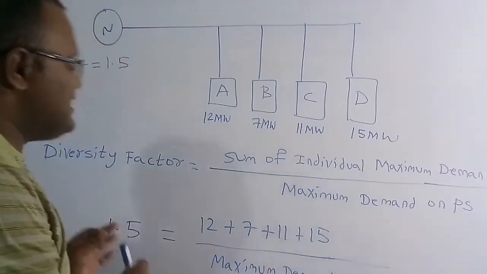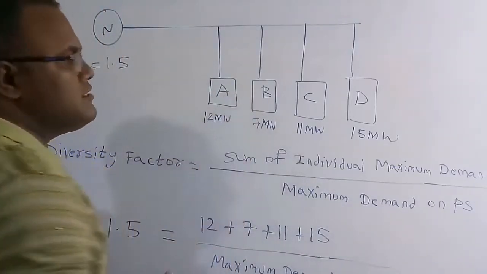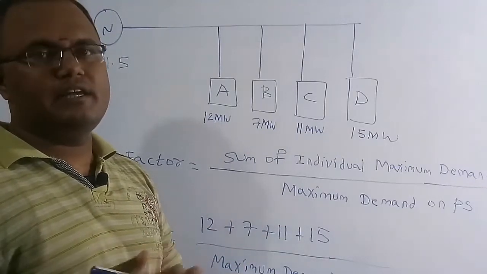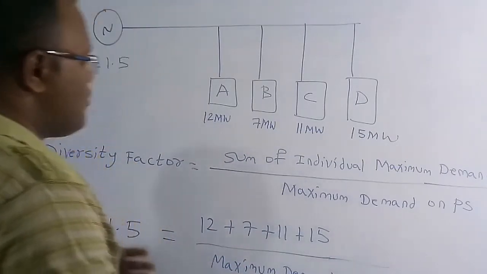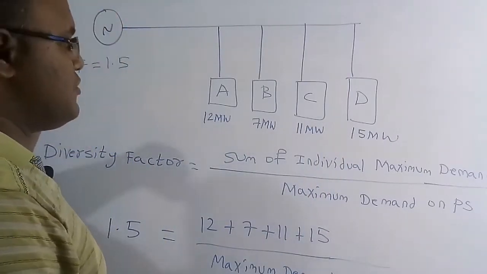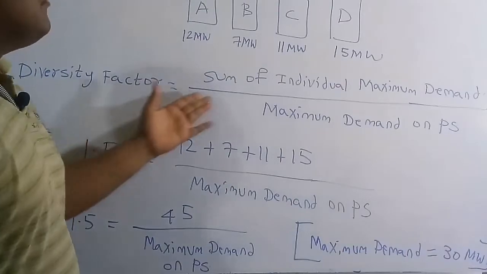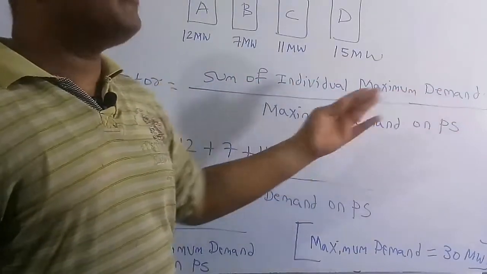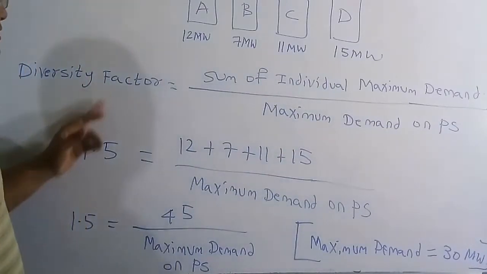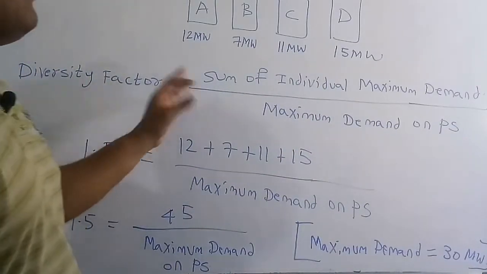Clearly, each house is going to have different types of light bulbs and fans, so different types of loads are present in each and every house. So if all these are connected, we need to figure out the maximum demand on the power station. It is the ratio of the sum of individual maximum demands of loads by the maximum demand on the power station. So now the diversity factor is equal to 1.5, which is equal to the summation